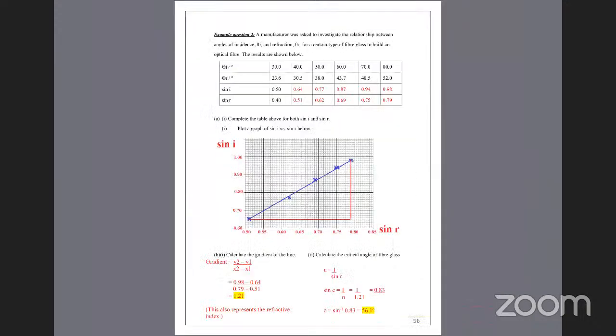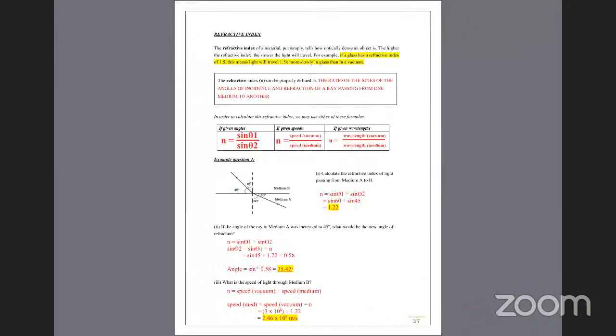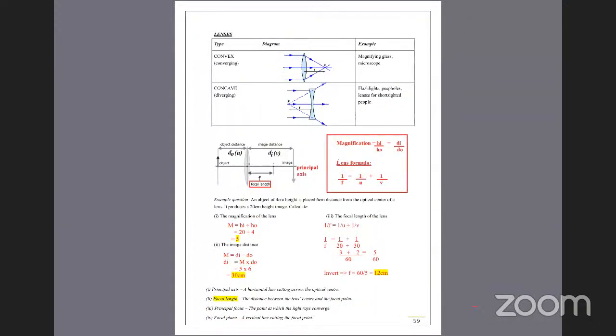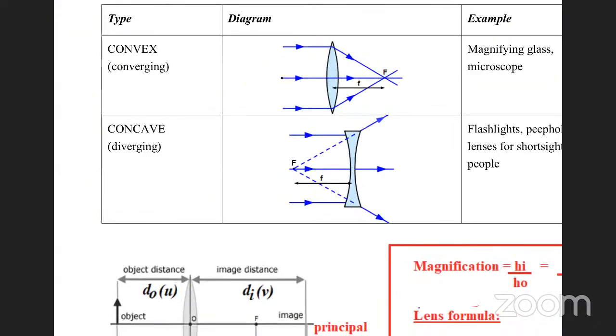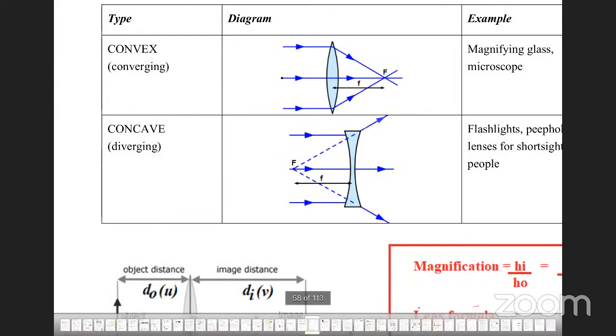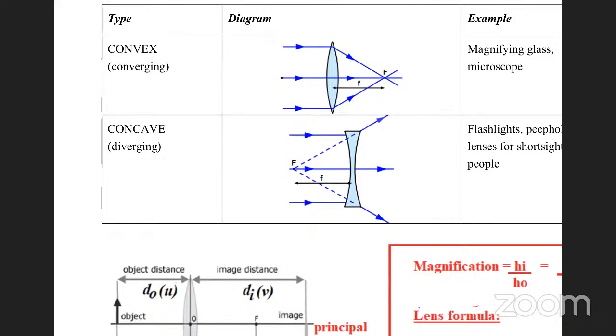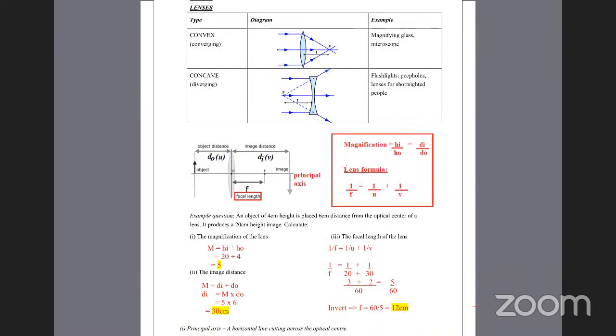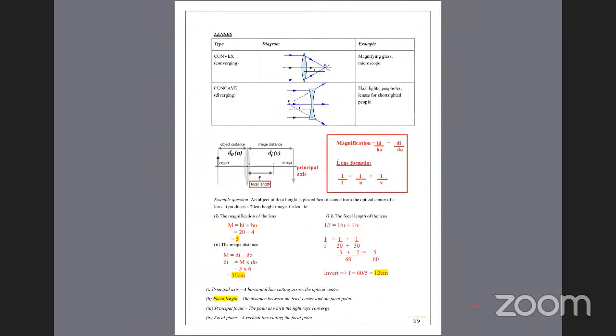Right, so good. So that is your lenses, your waves. Next day, we're going to spend some time on lenses, because I do plenty talking today, so I won't bore you anymore. But I want to give you all a little multiple choice Kahoot on all these things. But next day, we're going to focus on convex lenses and how to determine the image produced by convex lenses. So if you look here,